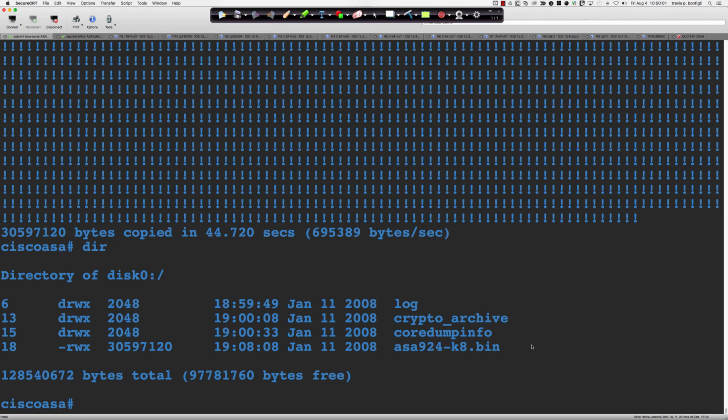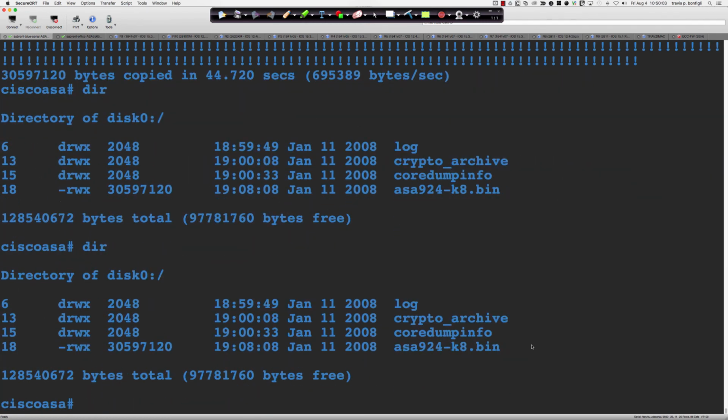Now, remember that dir command we talked about. So far, let's go ahead and do a quick level set, a quick review. We looked at how we get an ASA OS image on here from the ROM-mon prompt, which means we formatted the flash. We're definitely starting from ground zero, day zero. We just saw how you would use TFTP. Let's say this is an operational ASA and you're just looking to upgrade the ASA operating system. So we saw how you do that with the copy command, TFTP: and then disk 0: or flash: